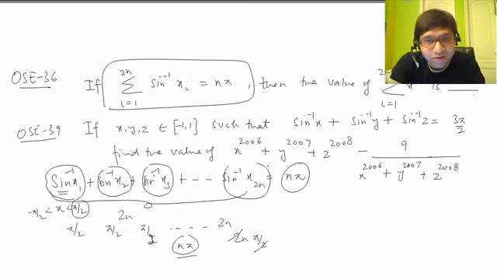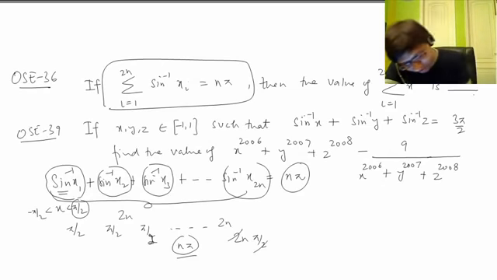It means that if left hand side has to be equal to right hand side, each and every part in left hand side should contribute to its maximum. Otherwise, if any other part contributes less, the sum of the left hand side will be lesser. Equal means each one has to contribute its maximum. That's the only possible way: each of them is pi by 2, and it means that the ratios inside x1, x2, these ratios inside should be 1. So all x1, x2, x3 till x2n are 1, all of them are 1, right?